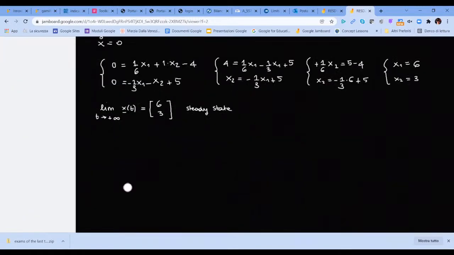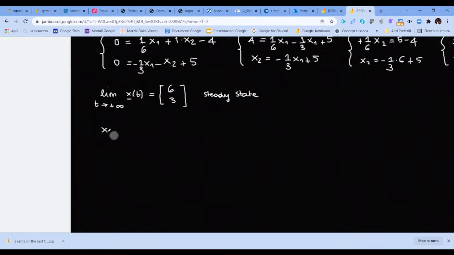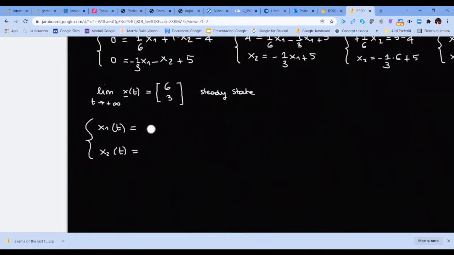That means that x1 of t, remember that we had the vectors 3 minus 2 and 2 minus 1. So the vector x1 and x2 we can split in two equations, where the vector 3 minus 2 is multiplied